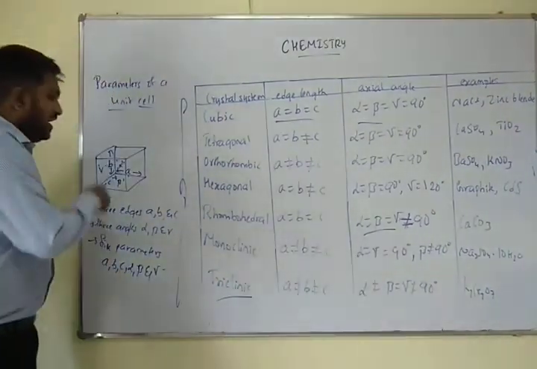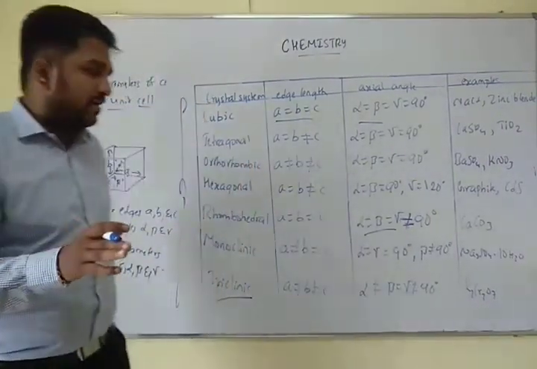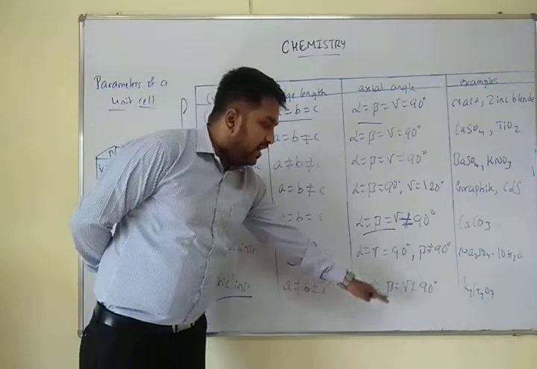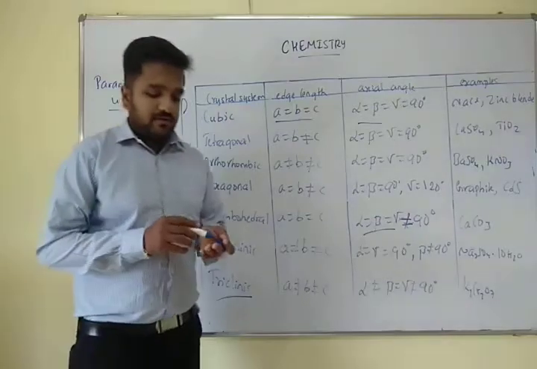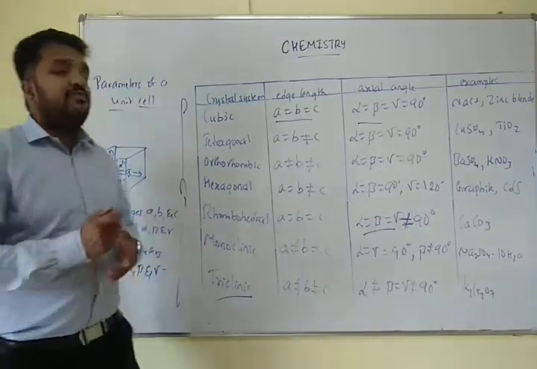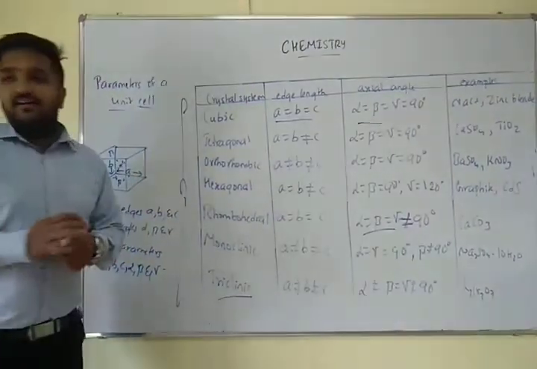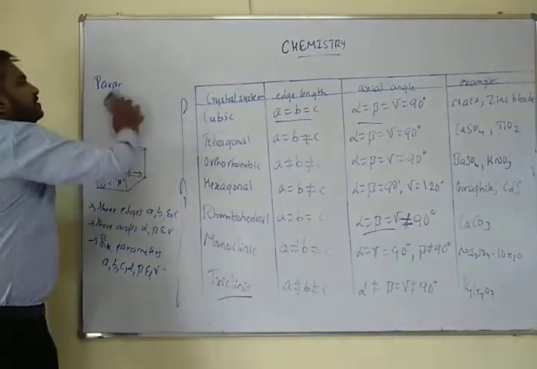And the last crystal system is the triclinic crystal system. In this case, the edge lengths and the angles are almost not at all equal. Here we do not have any edge lengths that are the same, and the angles are also not the same. For example, potassium dichromate. So these are the 7 crystal systems that we can get by varying these angles and the edges. Now, let us look at the types of the unit cell.